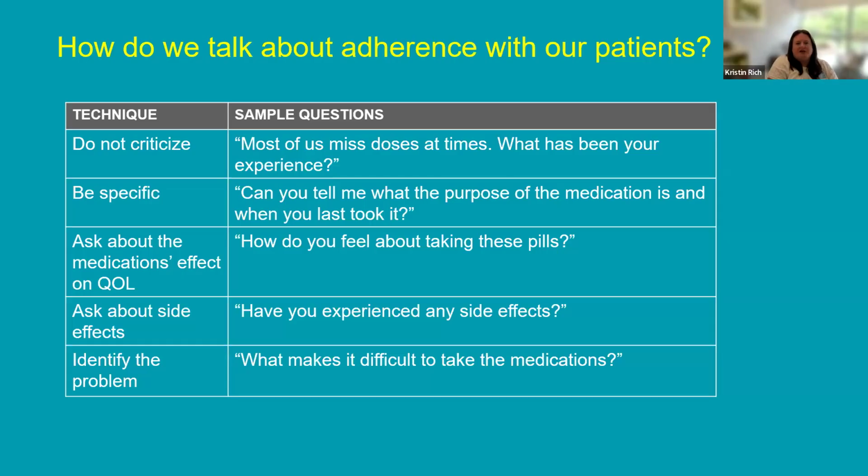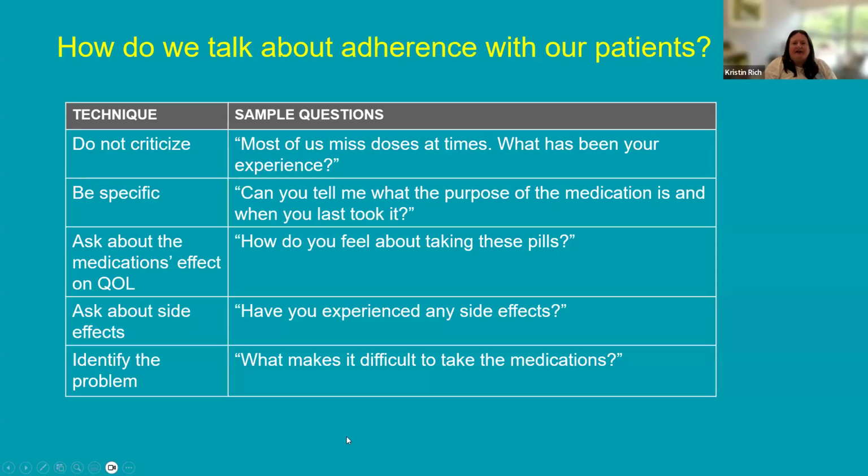We want to also lean into asking them about how the medication's affecting their daily life and quality of life. And what's really important, as you'll notice with most of these questions, is that we're using MI-informed communication, which means we're asking things in an open-ended way. We're not asking closed questions that end in a yes or no. Why this is helpful is it keeps discussion going, and it also doesn't lead anyone to answer in a certain way. So asking how do you feel about taking these pills will get you much richer information than asking something like, do you like taking these pills?